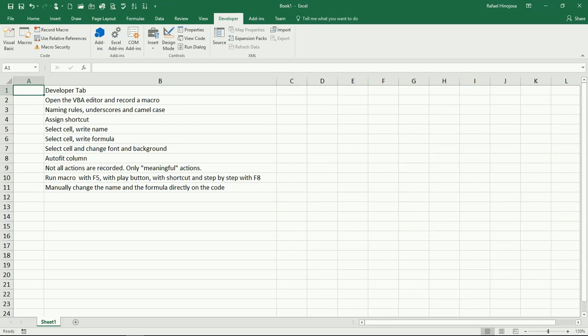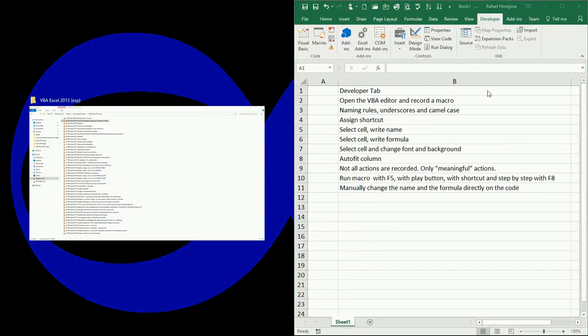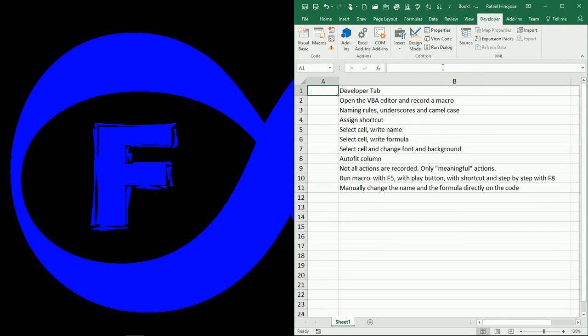And well, in this video we are going to see first how the code is automatically generated when we record a macro, so that we can start having a look and feel about what is the code that we are going to be generating manually, starting probably on the next video, so that we just get a little bit familiar with this code. What I'm going to do here is I'm just going to drag my Excel to make a little bit of room, and